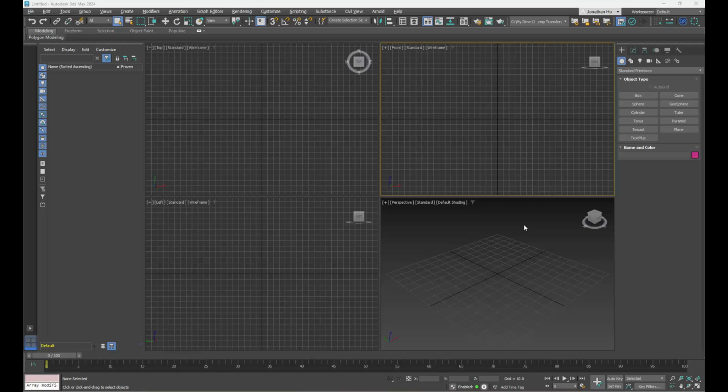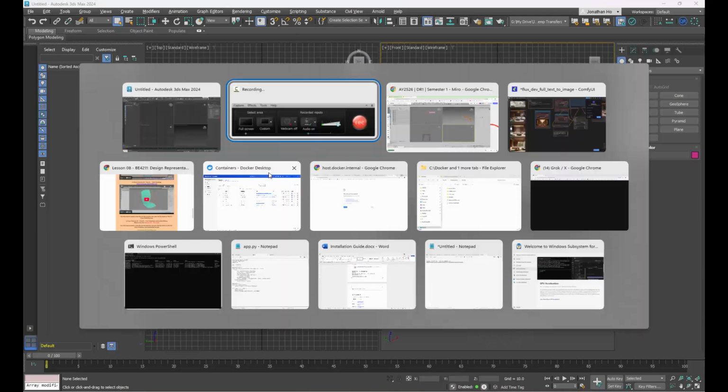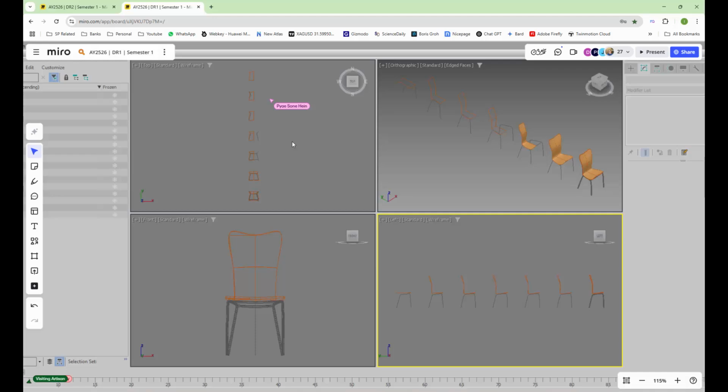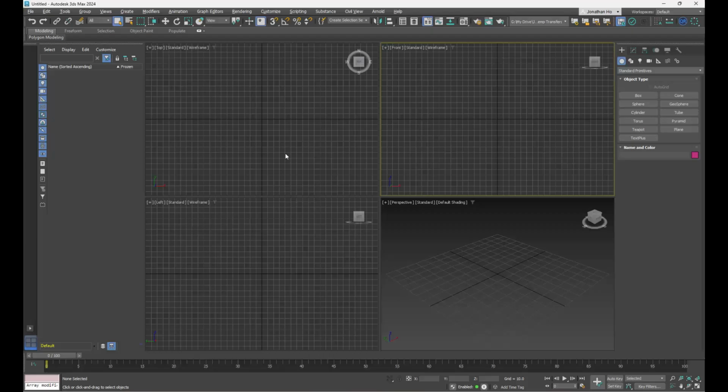I'll do a quick screen recording to start on this one, okay? On this particular assignment here, just to make sure everybody has an idea what to do. For this one, I think if you're doing any form of decent 3D modeling at all,